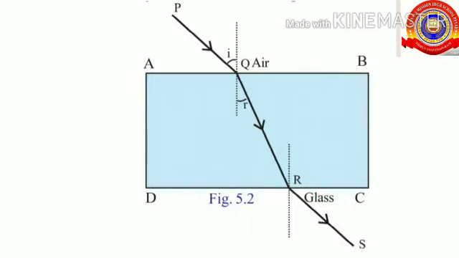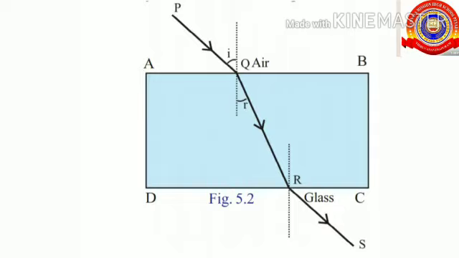So from the figure, can you say which is the incident ray on the surface of separation CD? Yes, it is QR. And we already studied that the angle between the incident ray and the normal is called the angle of incidence, and the angle between the refracted ray and normal is the angle of refraction. If we are measuring the angle of incidence and the angle of refraction using a protractor, we will get the values as different. When light enters from air to glass, the angle of refraction is lesser than the angle of incidence. That you can understand from this figure.